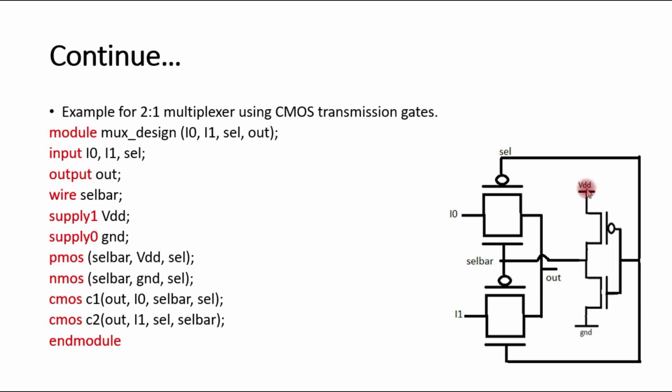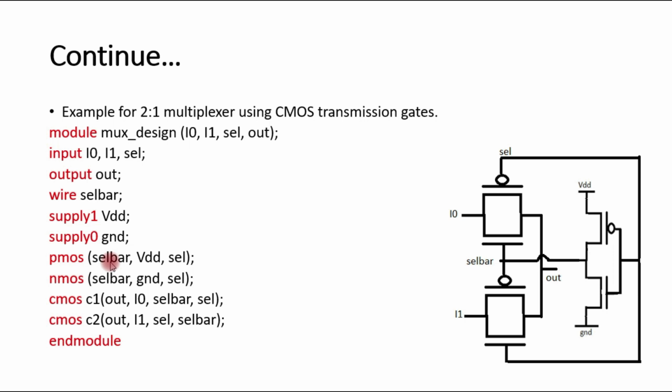And here power supply VDD and ground terminals are defined for this NOT gate or inverter circuit. So we are using supply 1, that is power supply, a reserved keyword in Verilog, and here we have mentioned power supply is VDD, supply 1 VDD, and supply 0, that is lower potential, and here ground potential at GND terminal. Supply 0 is GND. So here one PMOS and one NMOS devices are used for making this inverter circuit. So PMOS and NMOS, these are defined for inverter circuit.